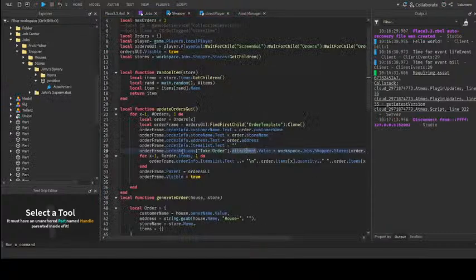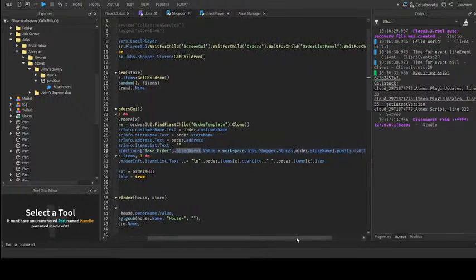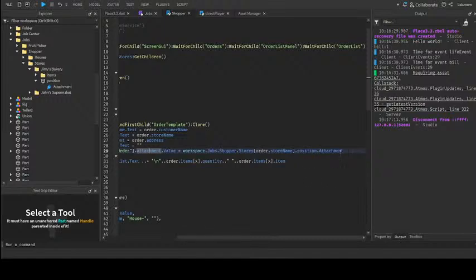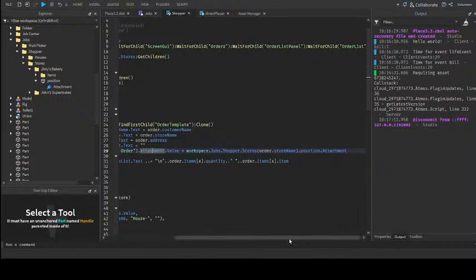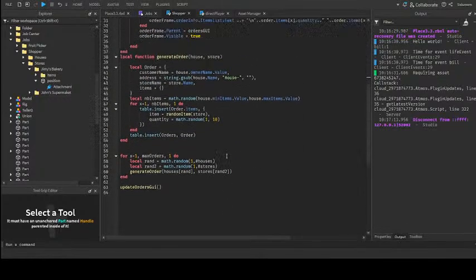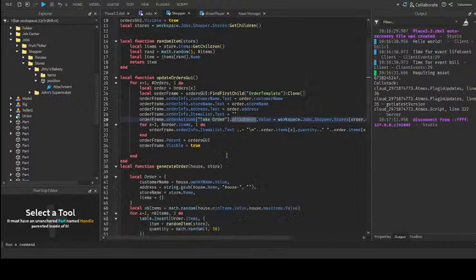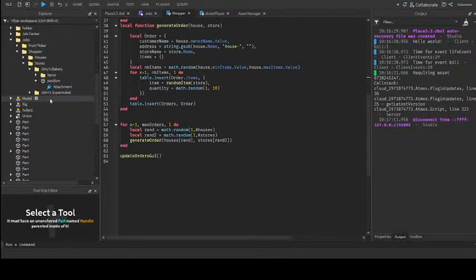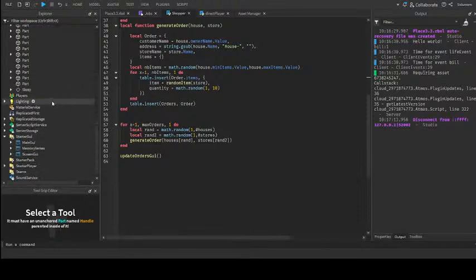So in the button action, attachment.Value equals this attachment. So it definitely received the attachment. Let's see what happened when we click on take order. I have it in a different script apparently. So when we click on take order, let's go to our GUI,